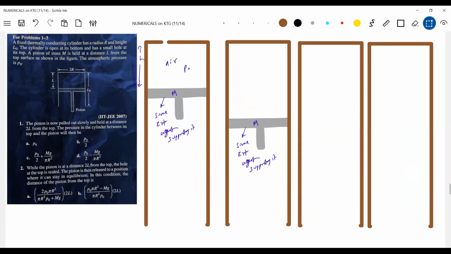I think this was the question. If you can read it, he has said only this much. And still there is a hole. The hole is still as it is. So still the air will be present. Anybody, can you say what can be the pressure? It will be P naught only, yeah? It's exposed to the atmosphere, no? So shall we pick up this answer?